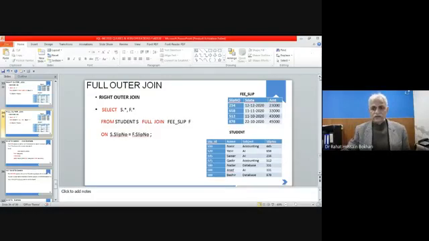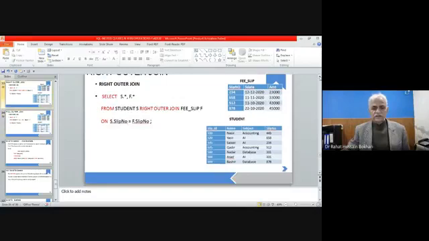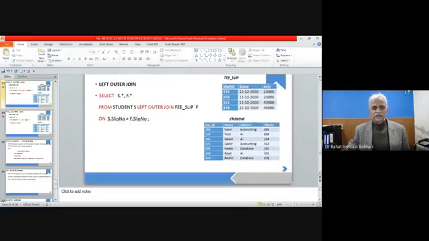So what is the syntax of this one? Just you have to remember this syntax. You have to say which table should be joined, and after that you are not writing the condition with the where clause. You are just writing that condition, those matching criteria, with the on. This is a basic difference. For the left join you say the left outer join, for the right you have the right outer join, and for the full you have to say full outer join.